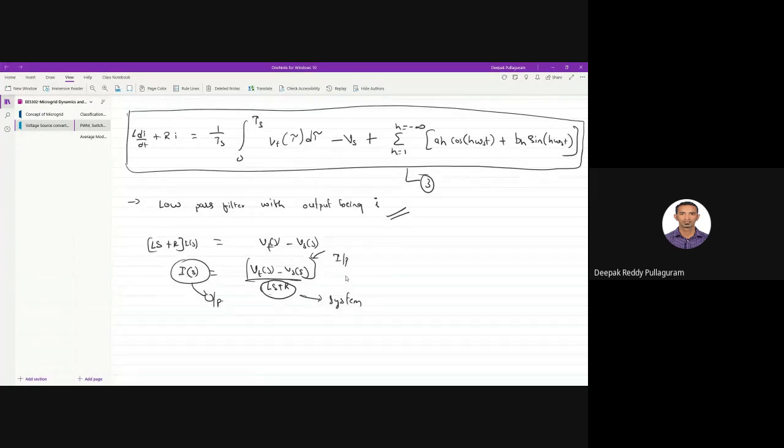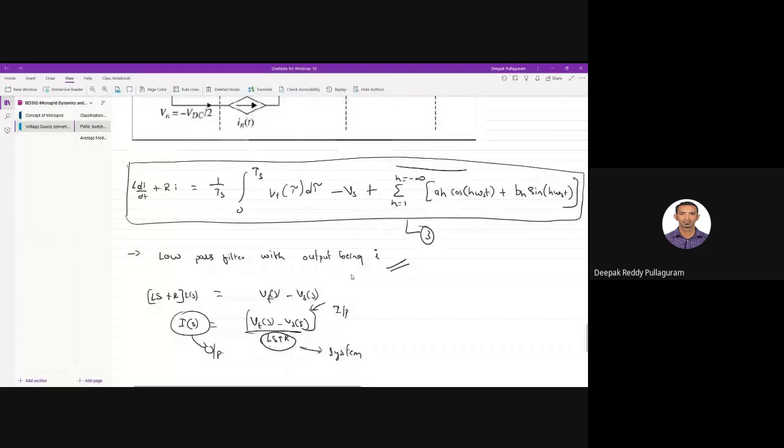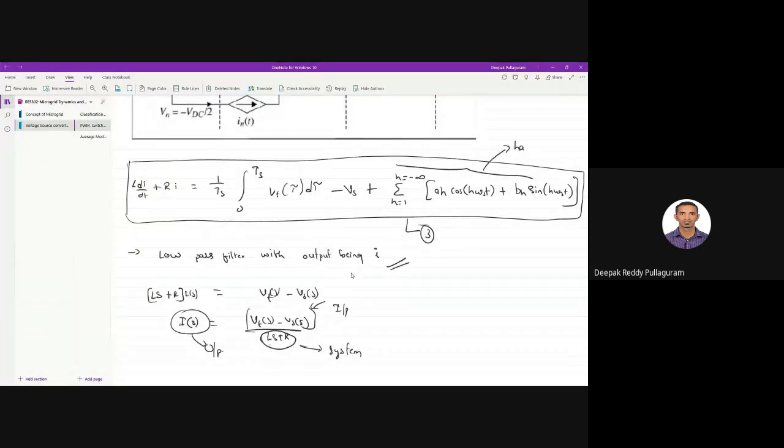Now with this statement, if I say that these are the harmonic quantities, these are all nothing but harmonics. Harmonics as in it has some high frequency components. If I have h equal to 1, what does it mean? I have a frequency of omega s. If I have h equal to 2, I have more than that. If I have h equal to 3, I have more than that. So it includes all the harmonic components in terms of omega s, isn't it?